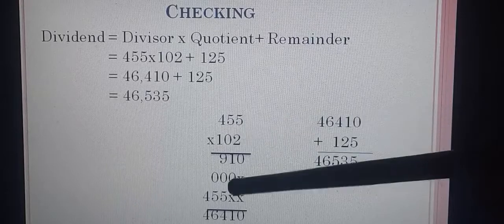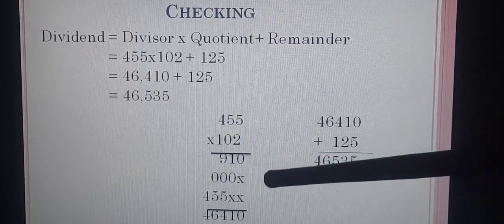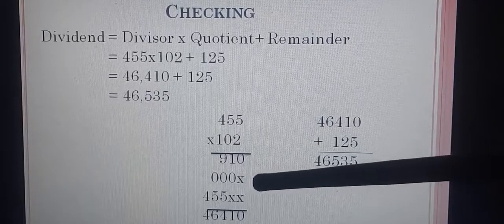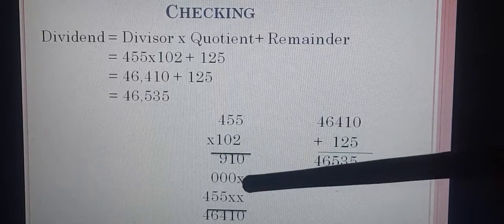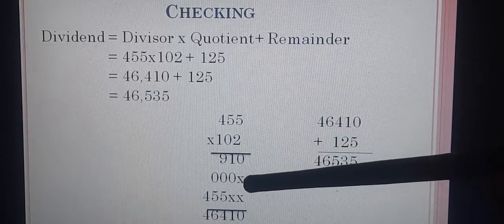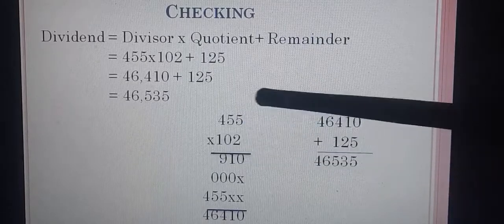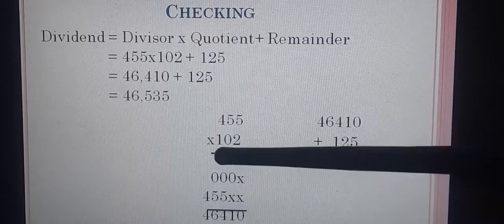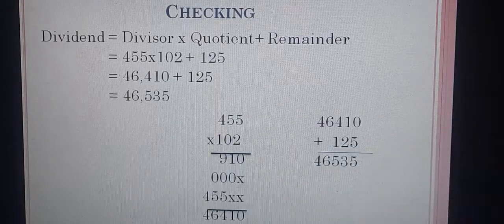So 0 multiply 5, 0. 0 multiply 5, 0. 0 multiply 4, 0. And here you can write down one cross or you can put 0 also. Because we are multiplying the digit at tens place. That's why ones place we have put the cross sign here. Right? Now we will multiply with 1. So we will put 2 cross at ones place and at a tens place. Now 455 multiplied by 1, you will get 455.